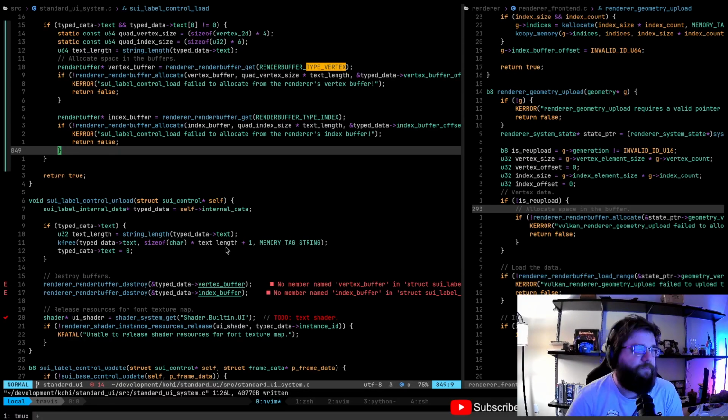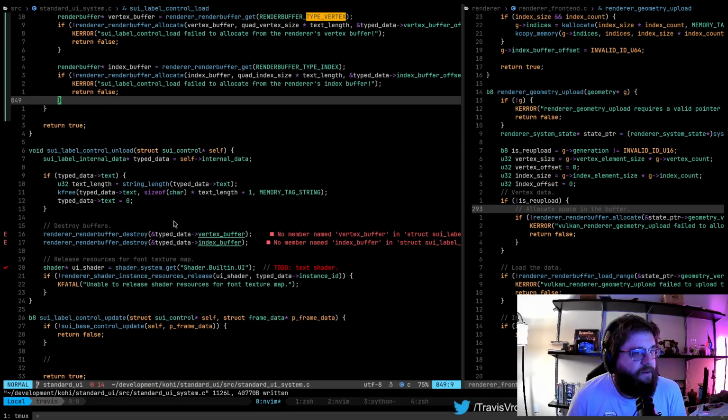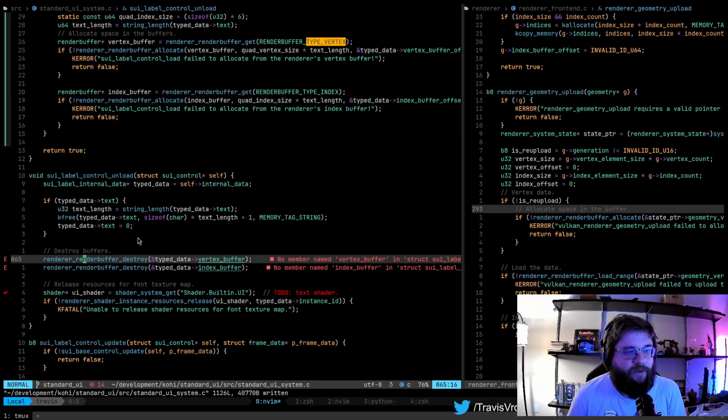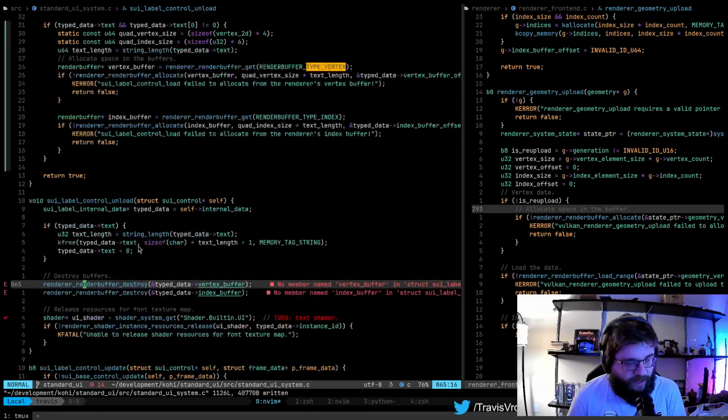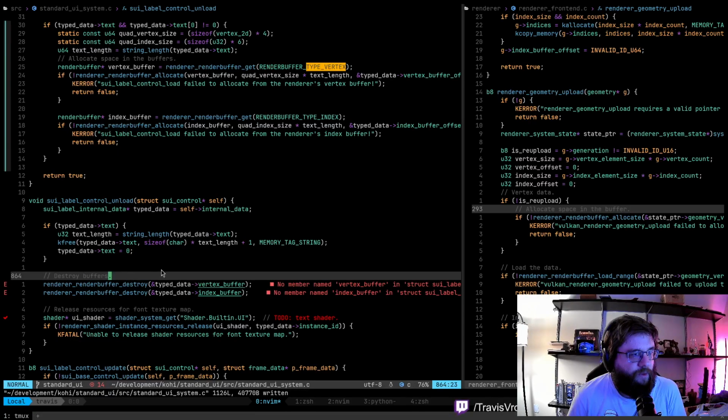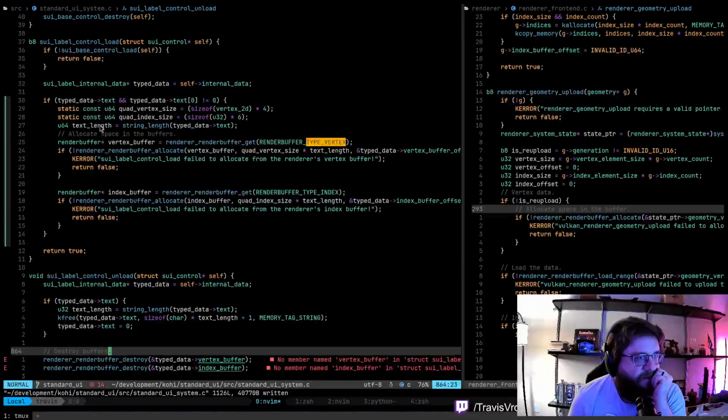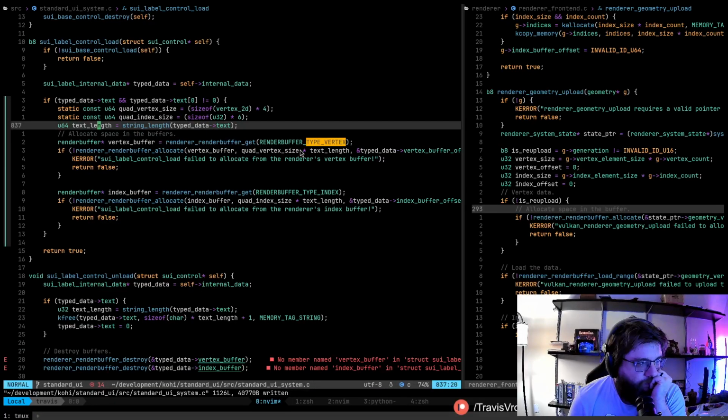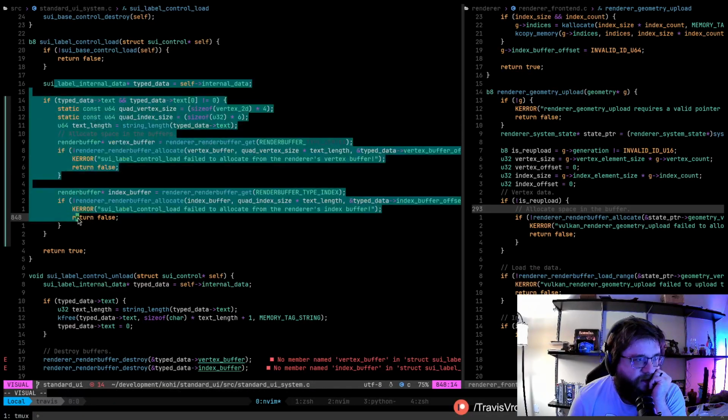Okay, so unload. Unload is currently destroying buffers that we don't have any longer. So what we need to do is, so we have this text length here, which is fine for the initial allocation.